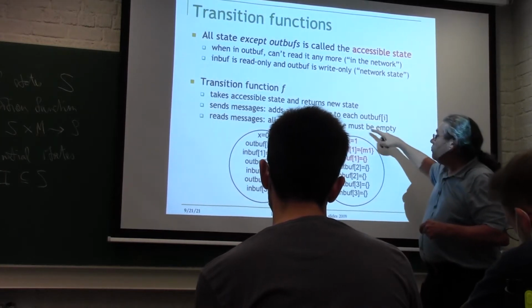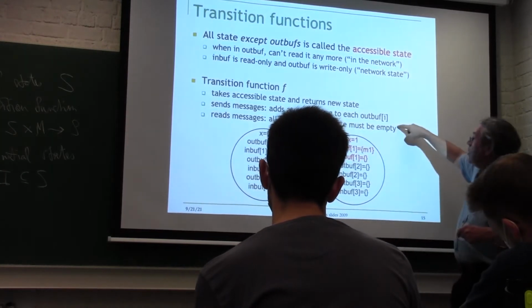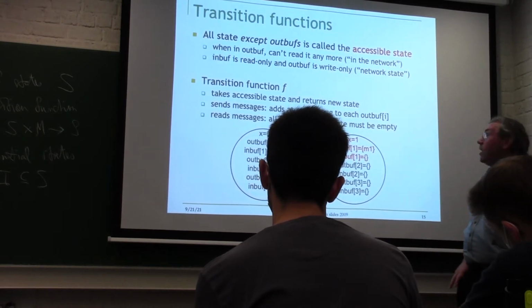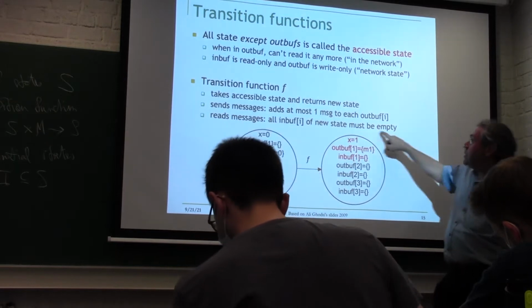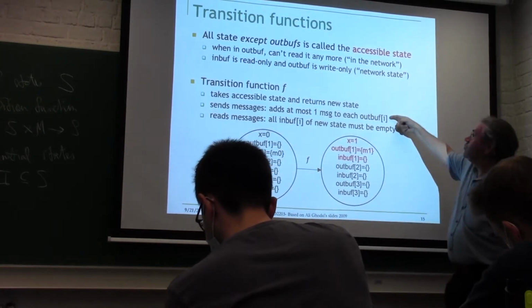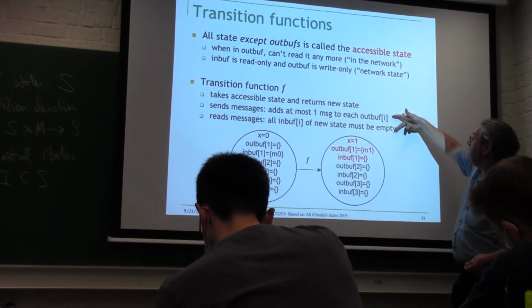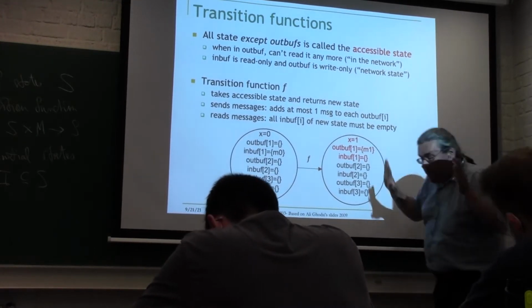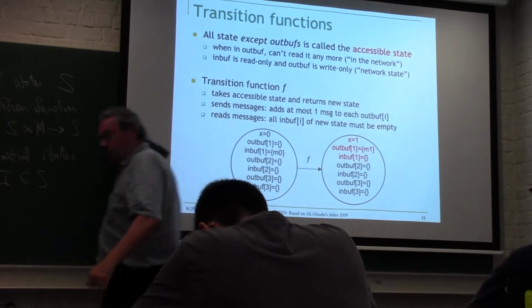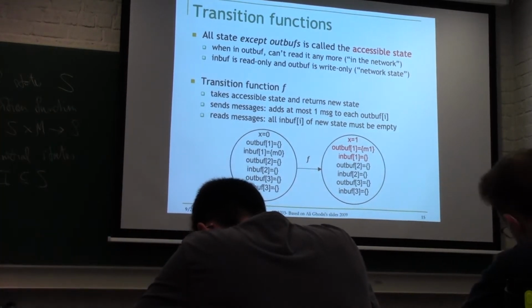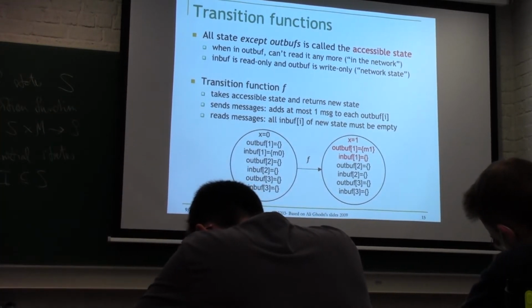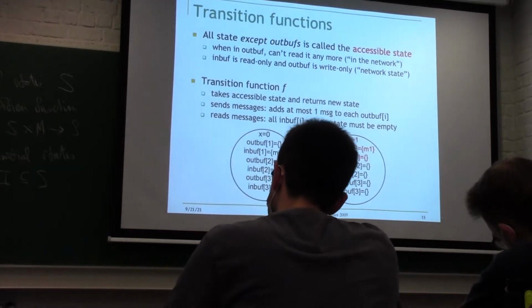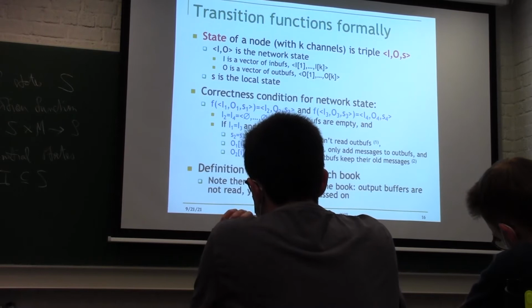So if we're making it somewhat simple, once you do a transition, the inbuffs are empty again. Okay? So it reads all the incoming messages, but it only sends 1. Why is it like that? Well, you can do variations. But if you do it like this, it makes things a little bit simpler, that's all. Okay? So you see how it works, huh? So the outbuff, inbuff is a little bit subtle, you see, huh?